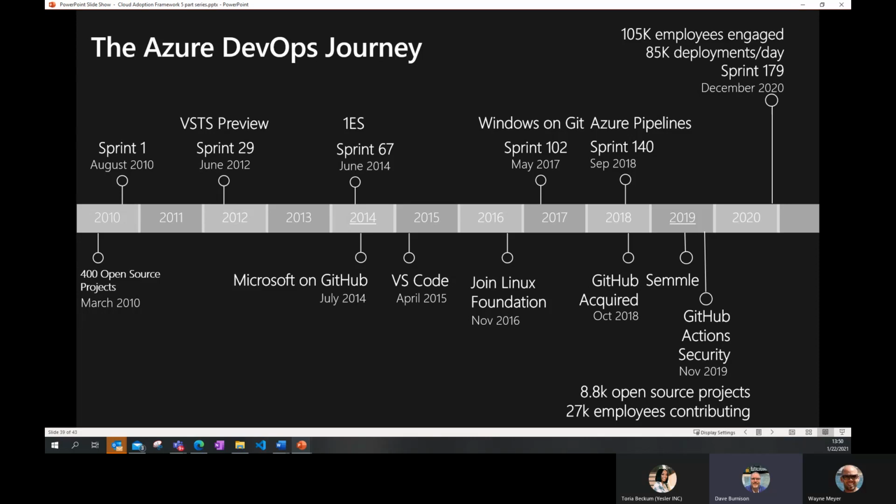Another big step was the creation of One ES, our One Engineering System. That's Microsoft's center of excellence for software development.